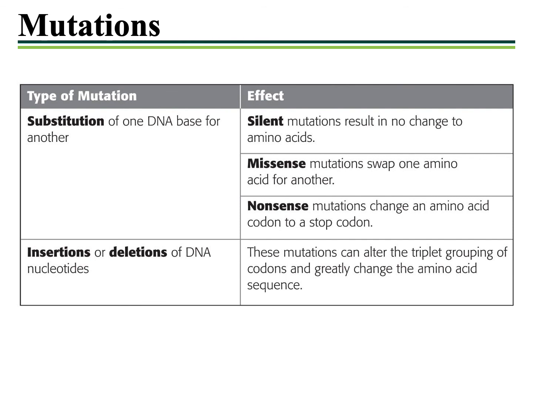In these cases, depending upon what the substitution is, can result in dramatic effects. So you can have something that's referred to as a silent mutation, and that results in no change in amino